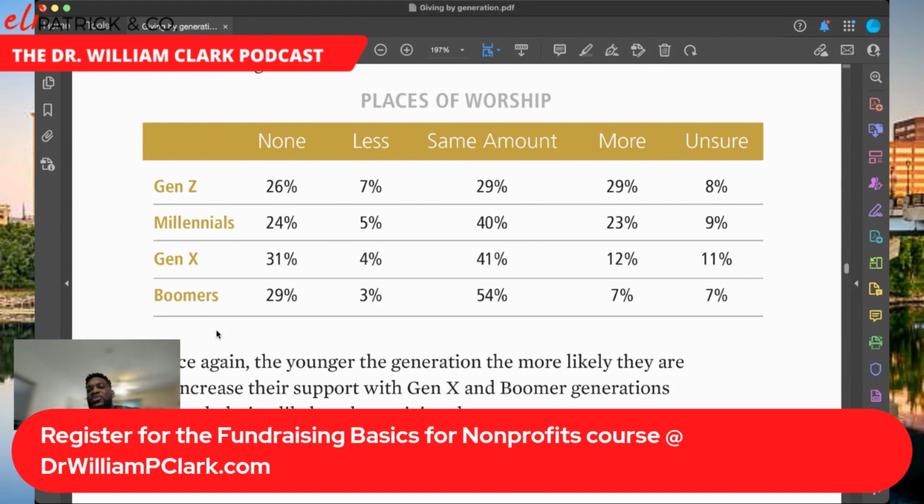So we can't assume as church leaders that if we simply give the scripture and verse on giving and tithing, whether it's bring the tithe into the storehouse, or it's good to be a cheerful giver, or it's better to give than to receive, that's enough. It's not enough to assume just quoting those scriptures is good enough for newer generations, or people from any generational group who have not been exposed to that teaching, because essentially we're also wrestling with this idea of a